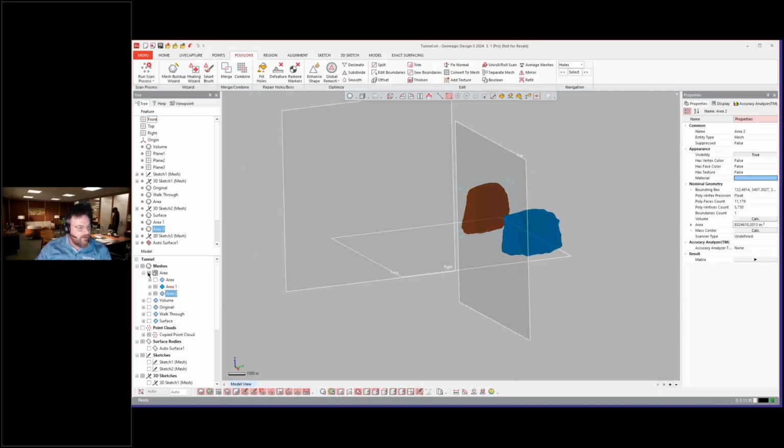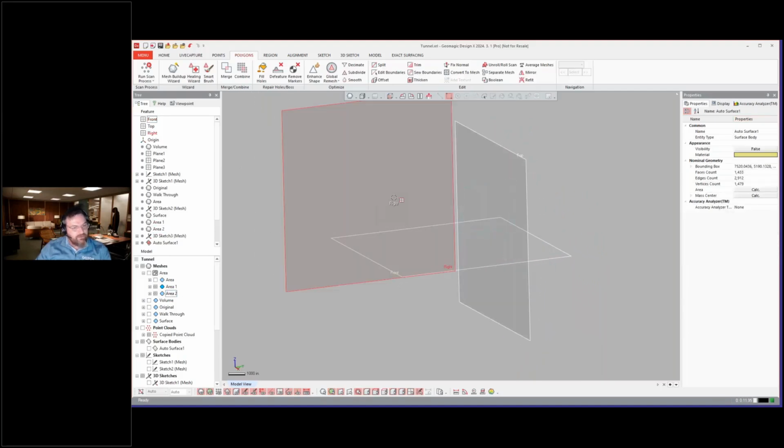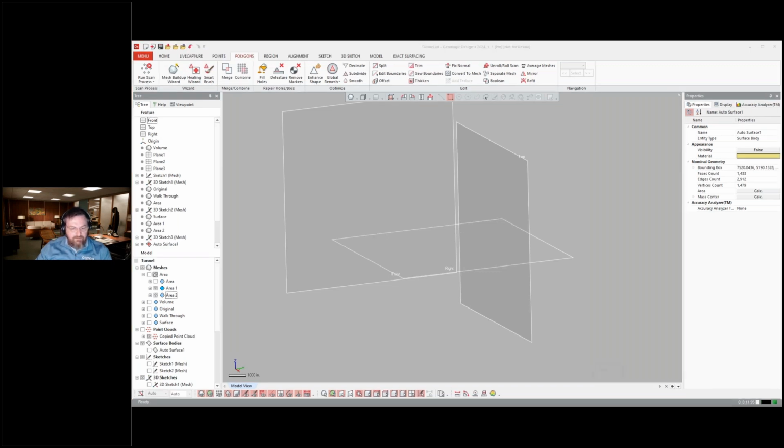Another really interesting thing I've seen people do is use it for volume calculations with large piles of material. They scan the entire material, calculate a best fit plane to the ground, and then calculate the volume of material sitting on that ground. That is another really neat use case for